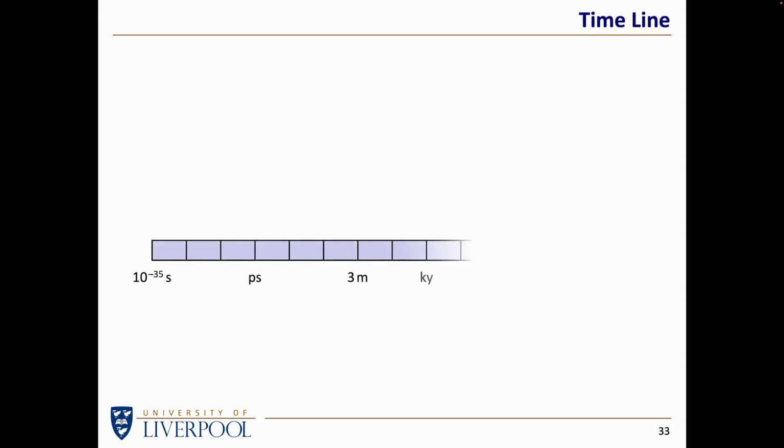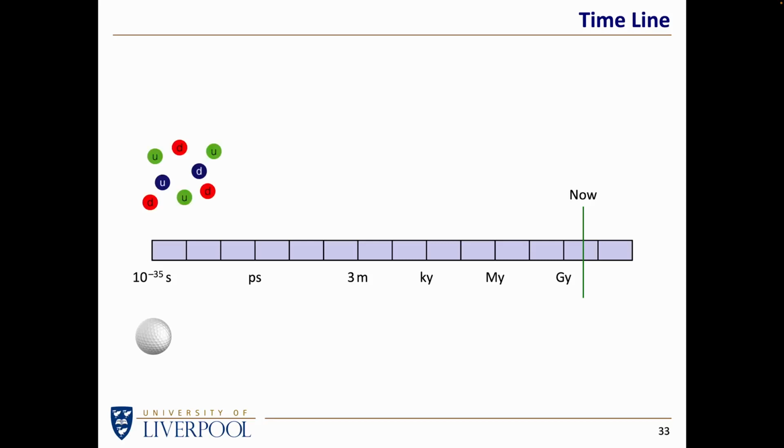Let me just remind you what the timeline is. This is a very non-linear timeline. The universe started, we don't quite know how, but after 10 to the minus 35 seconds, it is hypothesized that everything currently in the observable universe would have been only a few centimeters apart. The energy that we borrow is enough to make us lots of matter and antimatter, and we end up with a soup of quarks and electrons and probably other particles, but let's just call it a quark soup because it's easier. After a little while, the universe is cold enough for the quark soup to make protons and neutrons